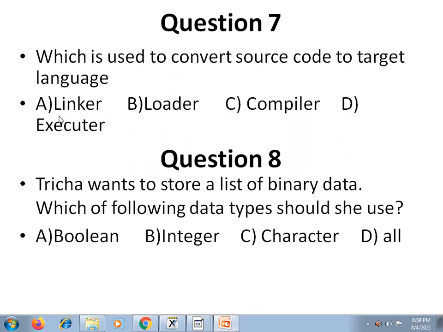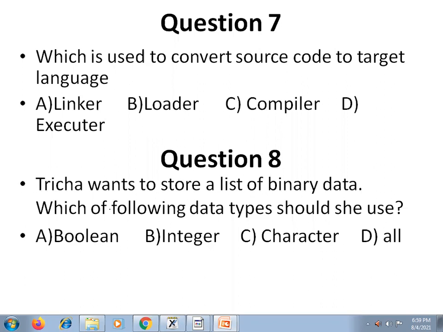The linker will link our source code with the C library. Then what will the loader do? After getting the executable code, the loader loads our executable code in some part of the memory. Then the executor will start executing that code from that memory. Okay, right.